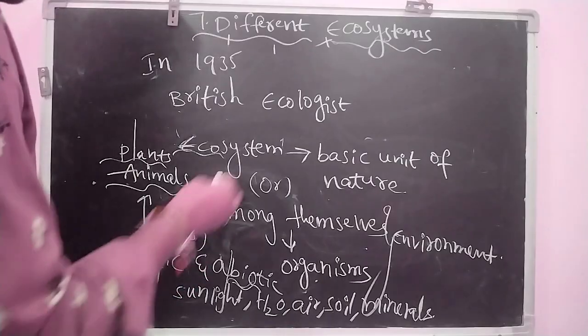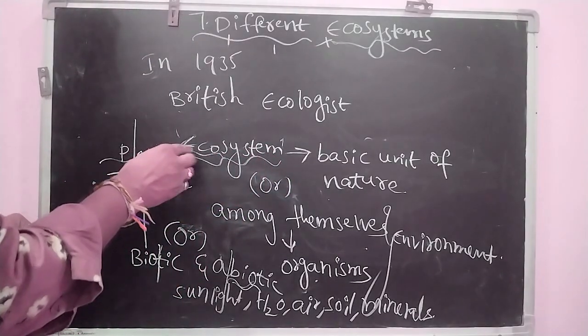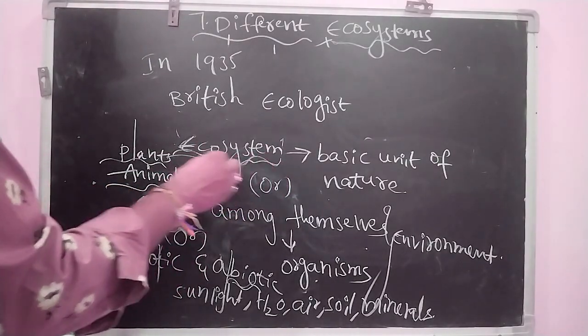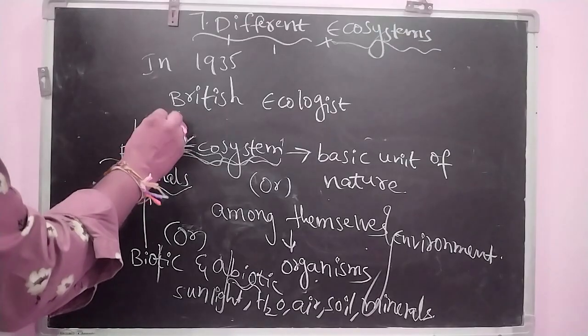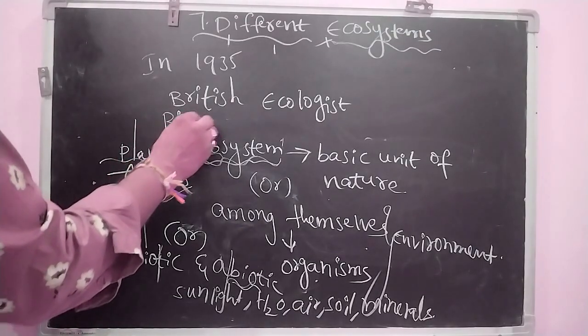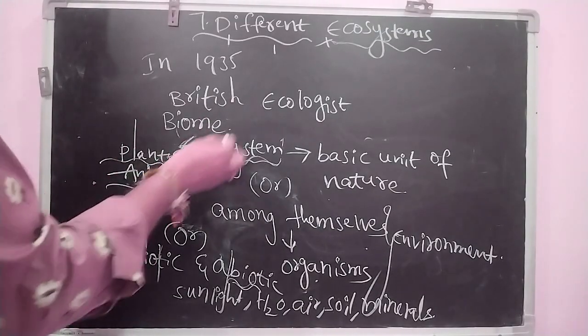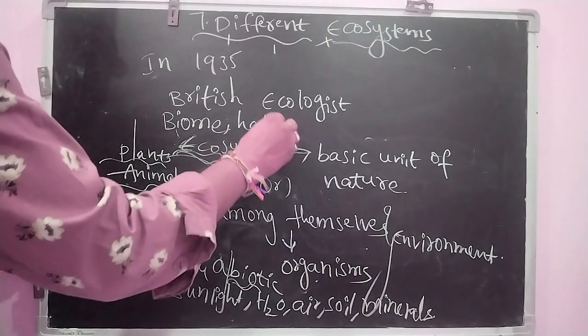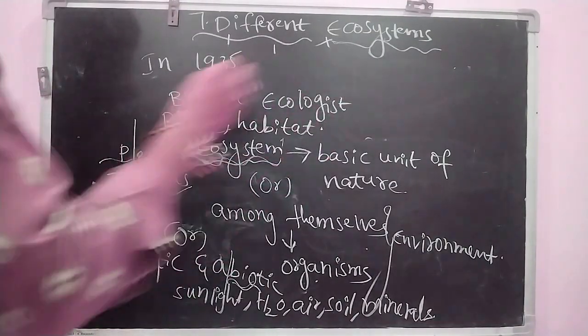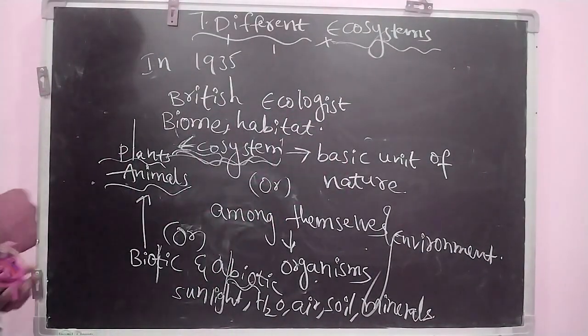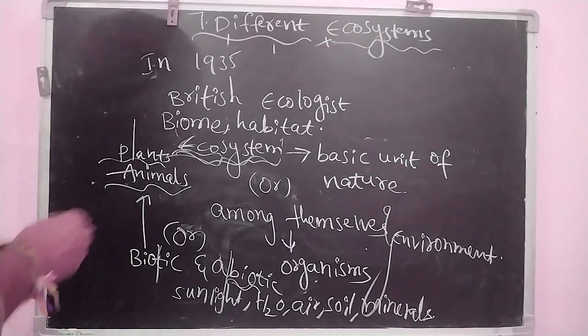Before A.G. Tansley proposed the term ecosystem, most of the other ecologists used different types of terms like biome, habitat, like this. So ecosystem is the basic unit of nature. Next,